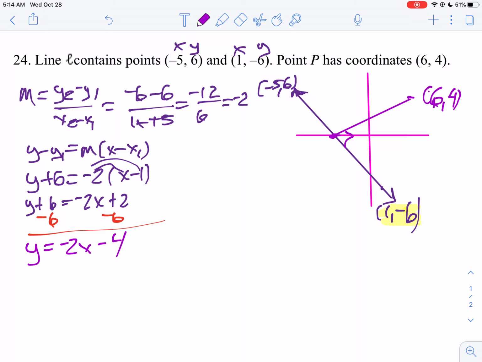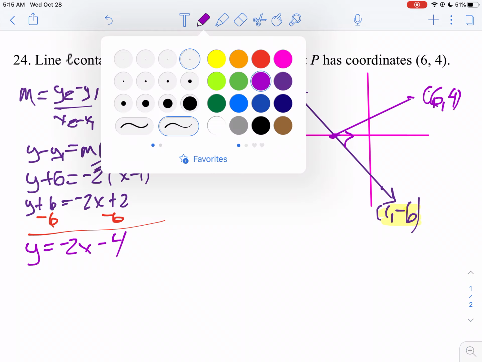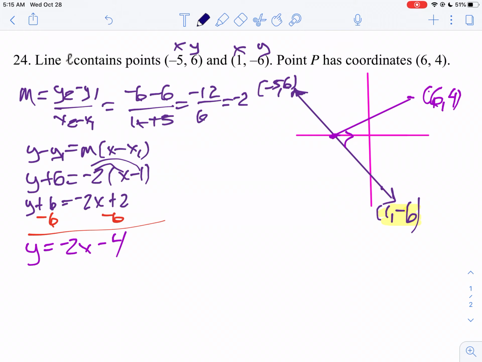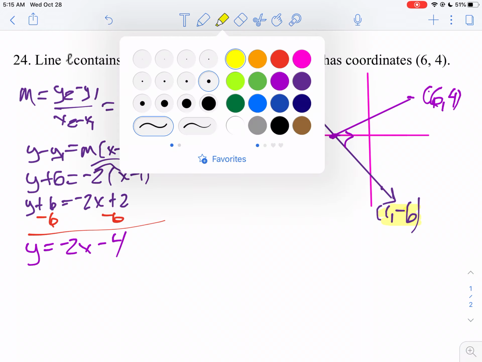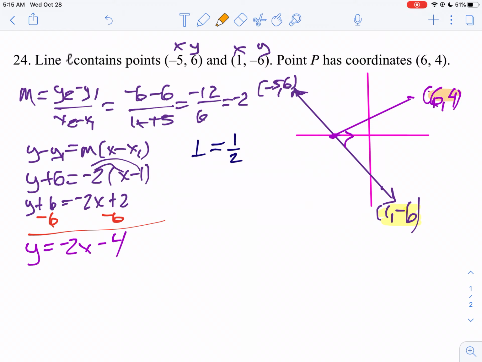Now let's take a look at my purple line from 6, 4. I'm going to write the equation of that. Since it's perpendicular, I know the slope is going to be the opposite reciprocal of my first line. So the slope of my first line is -2, so the opposite reciprocal of that is 1/2. So now I'm going to write my equation using the point 6, 4. So we're going to say y minus 4 equals 1/2 times x